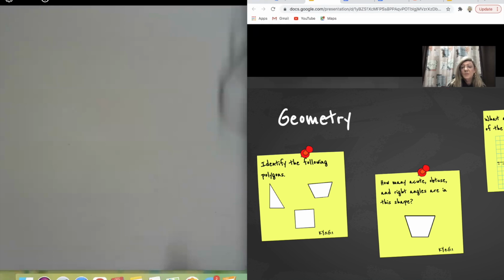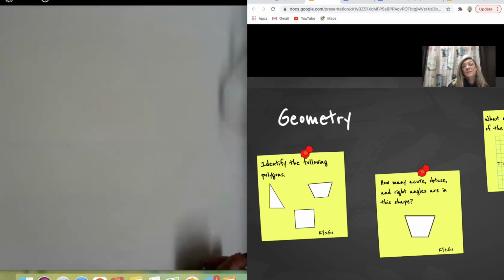And then the one in the middle at the bottom is a square, and you can talk to them about how they know that's a square. Is there another name for a square? Could it belong to another group? Of course, we know that a square is also a quadrilateral. It's part of that quadrilateral family. It could also be considered a parallelogram because opposite sides are parallel. It has 4 sides, therefore quadrilateral. It has 4 angles.